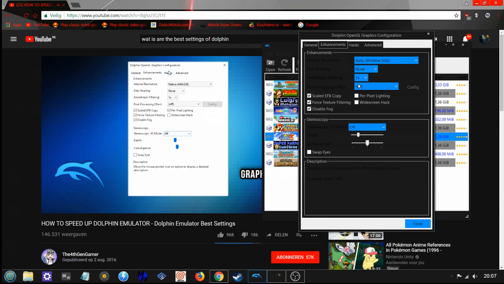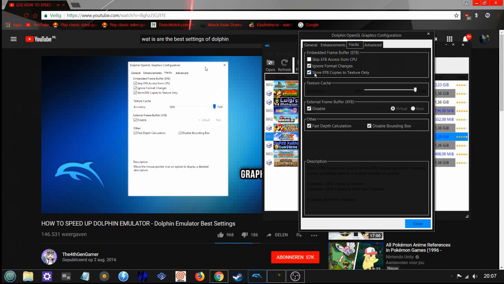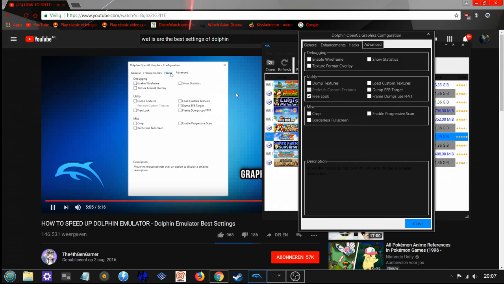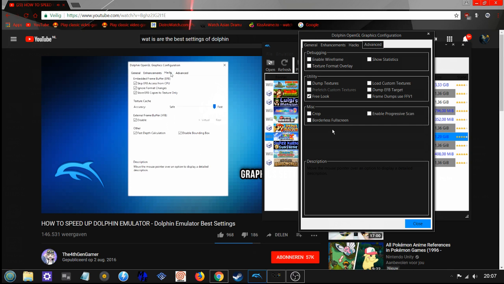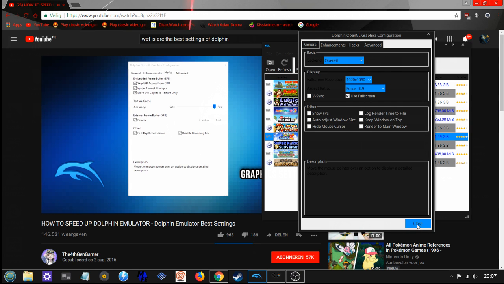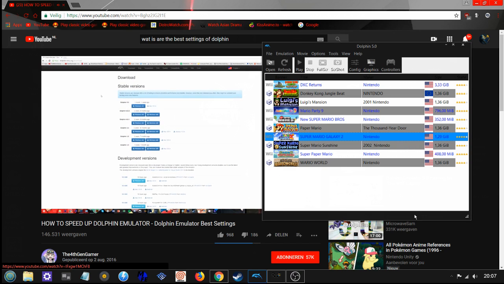So 3D, you want to keep that off. Under hacks, keep all of this the way that it is right now. You don't really want to change this in most cases. And then advanced, you want to just keep all that blank unless you're doing something specific and you have a specific goal that you're trying to do. Anyway, that is it for your best experience, and for each game there are going to be very specific problems and different